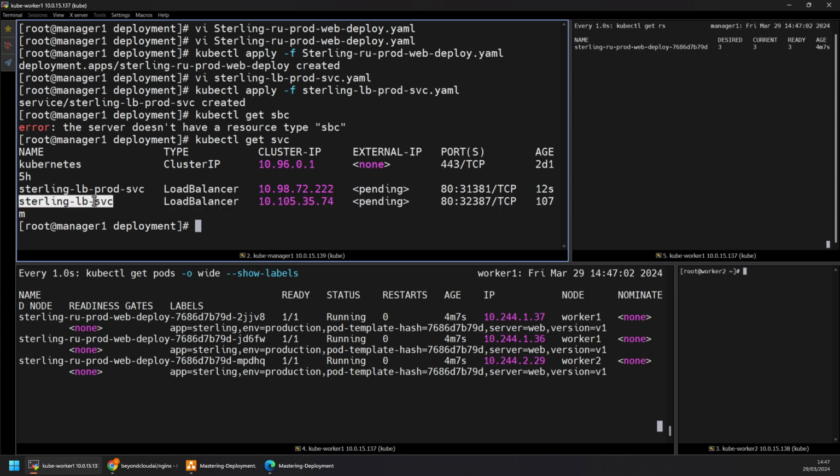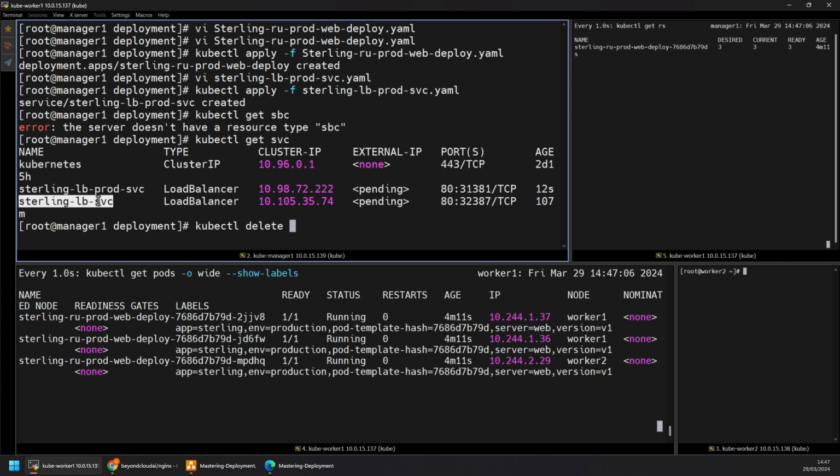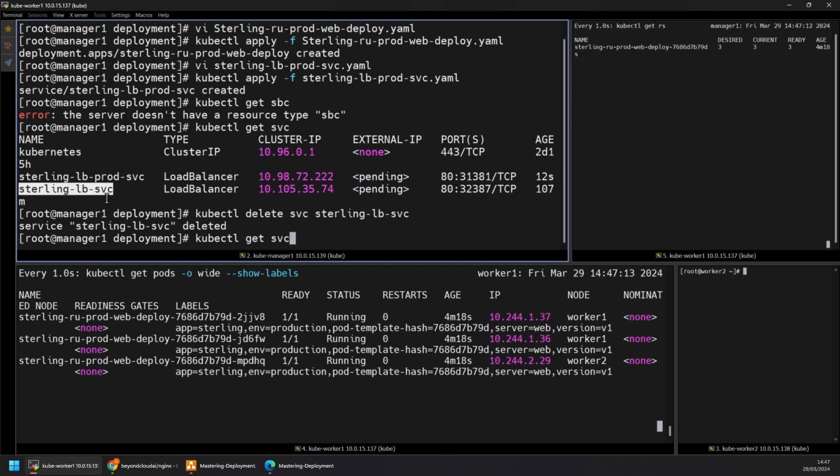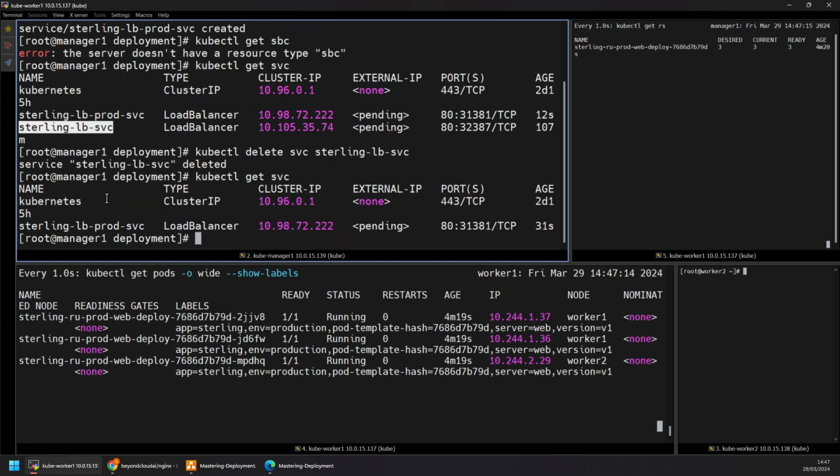So I will just delete this. Sorry about that. Delete svc and then the service name. All right. So now you can ignore that. This service is now created with the type of load balancer. You can see that there's another service called cluster IP. So that's another one. And then this is a load balancing service, which is created on this port number